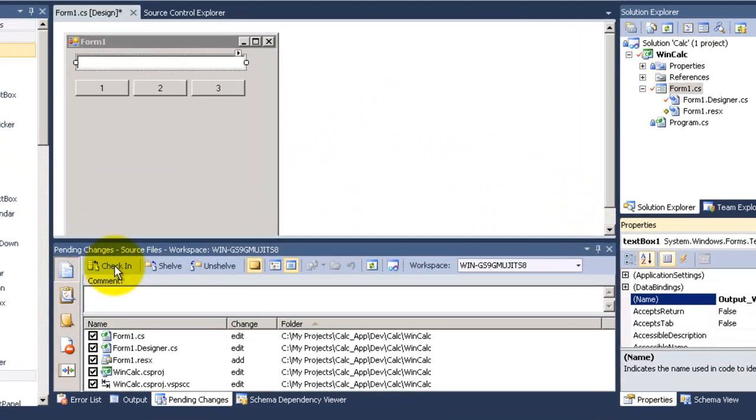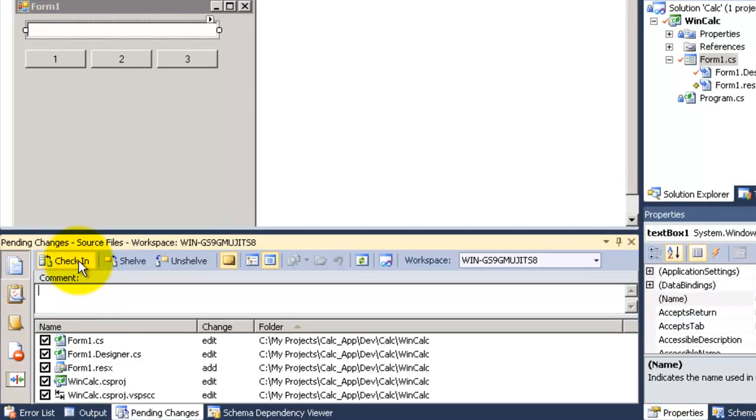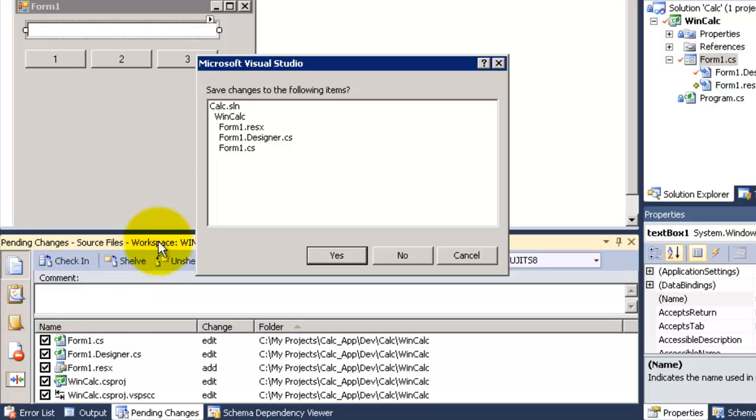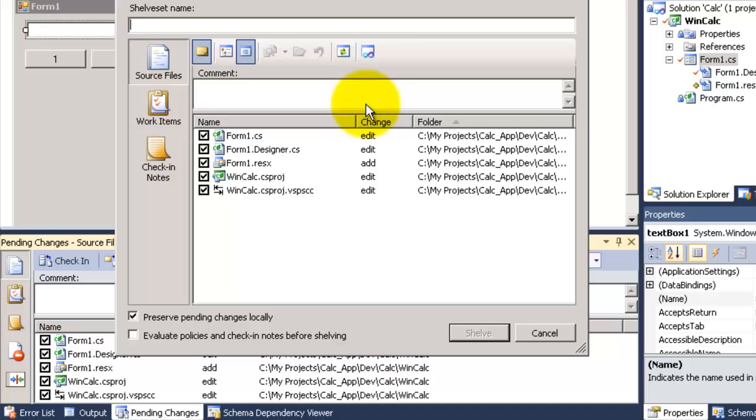Now we're gonna talk about a very wonderful feature called shelving. So instead of checking in the changes I've made, I will shelve it. Shelving is like making a backup for my work. So now I'm gonna name my shelf set as backup work,